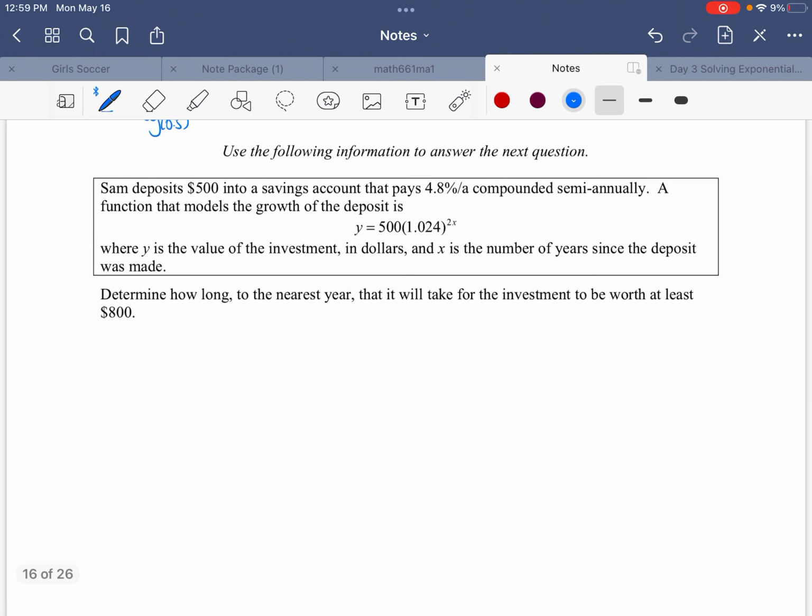Okay, one more. We get this formula given to us. y is the investment in dollars, and x is the number of years since the deposit was made. Determine how long to the nearest year that it will take the investment to be worth at least $800. So that is our y value. So we get 800 is equal to 500,